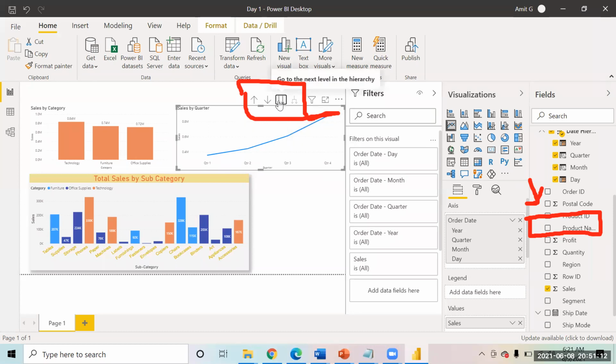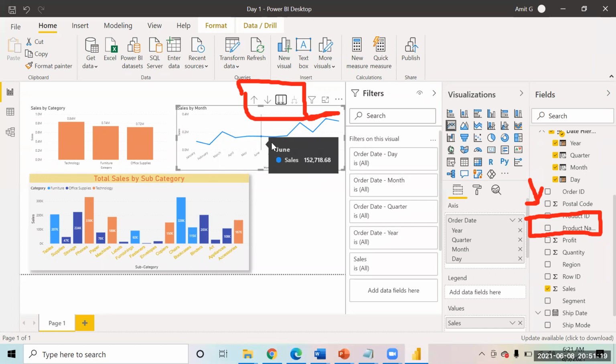Same way, when you go to the month level, it will show you January of all the years, February of all the years, likewise up till December. So it is not showing you the data year-wise. It is technically aggregating the data at the level of the month or the quarter or the day that you are picking.